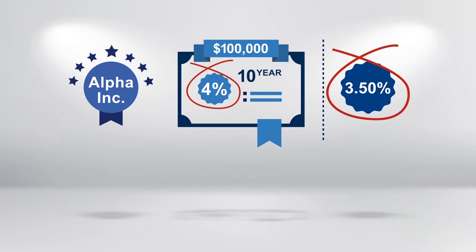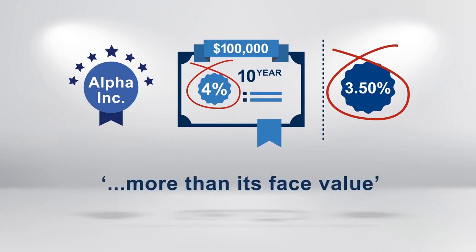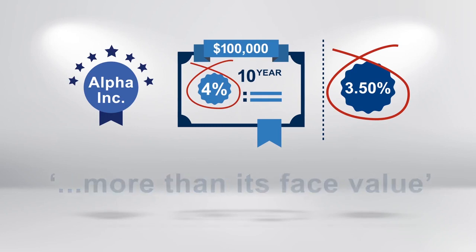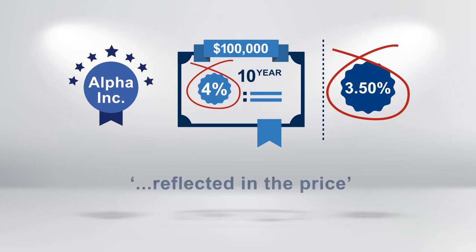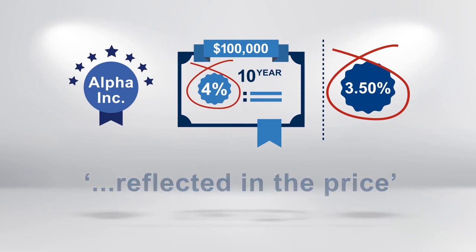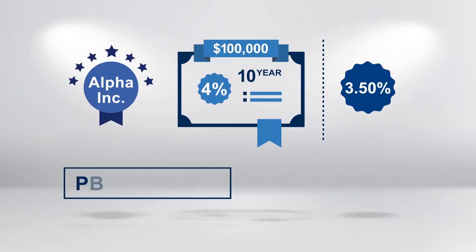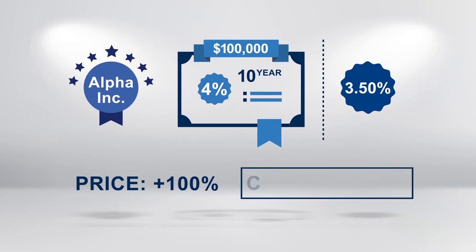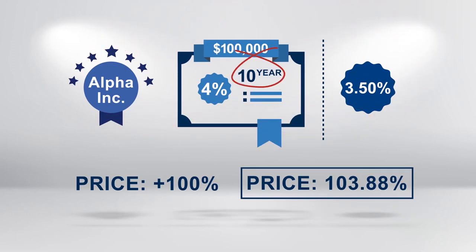An investor holding this bond will be aware of its value and will want to sell it for more than its face value. Buyers of the bond will understand this as well and will expect this value to be reflected in the price. The price of the bond will therefore rise to more than 100%. In this instance, it will rise to above 103.88%. At this price of 103.88%, a 10-year bond with a credit rating of AA and a coupon of 4% is trading at a yield